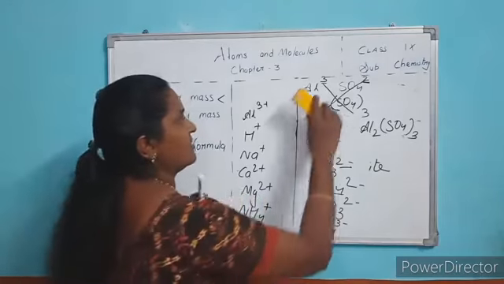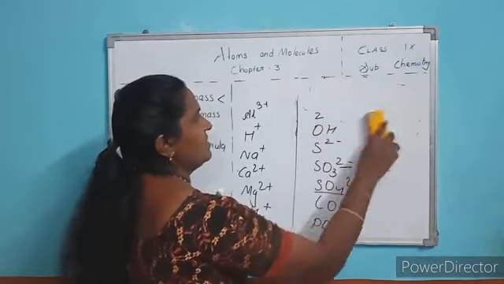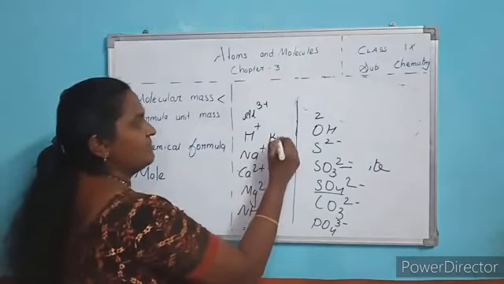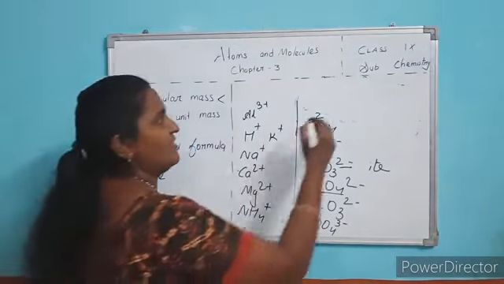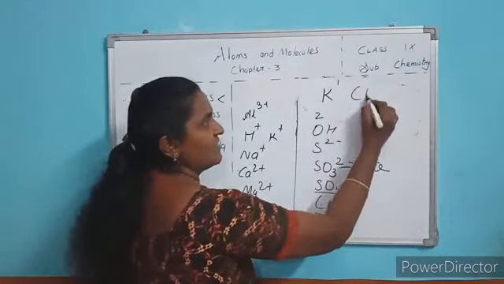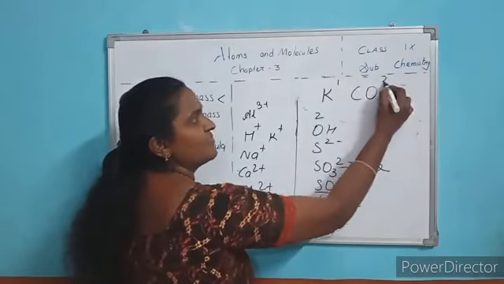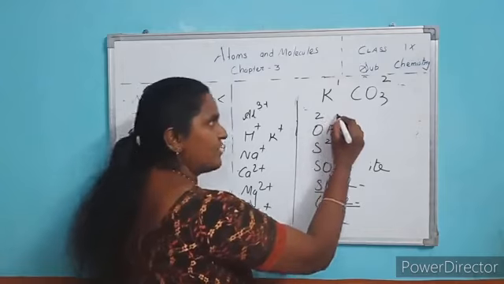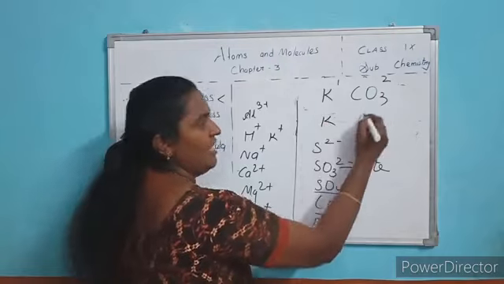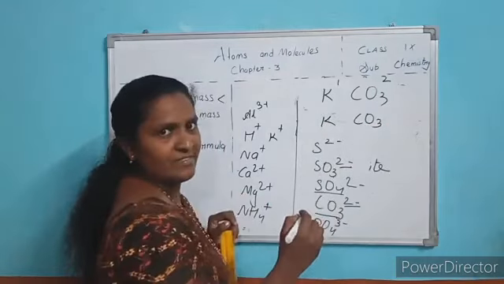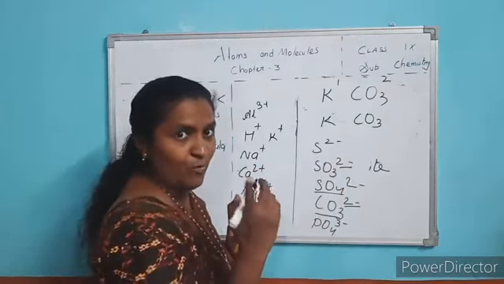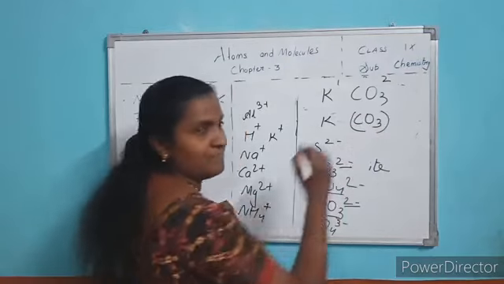We will see one more compound. Potassium carbonate. Potassium symbol is K and valency is 1. Carbonate symbol is CO3 and valency is 2. Clear? Again you write the symbols. K you write, and only the symbol of carbonate you write. And this is only one type of element. Here both are capital letters, so more than one kind of element, you put in bracket.